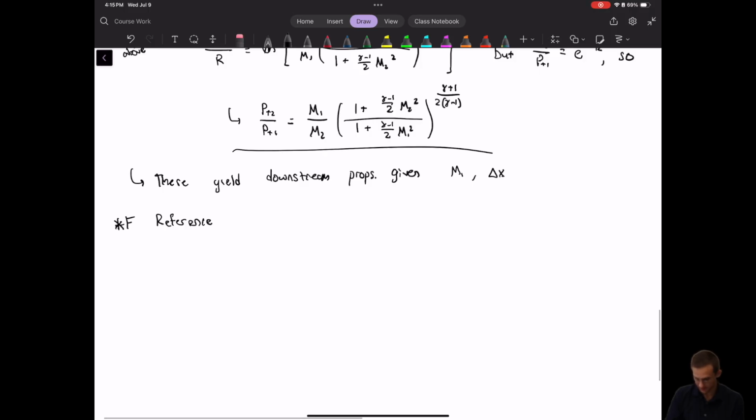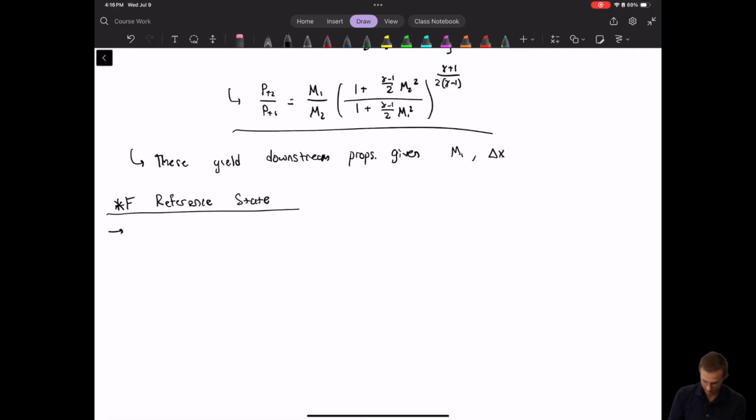So I'm introducing this notation in the lecture so that it's at least clear here. But the definition is basically the same as the sonic reference state. So the star F reference state